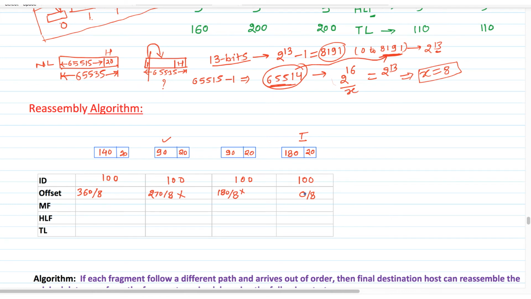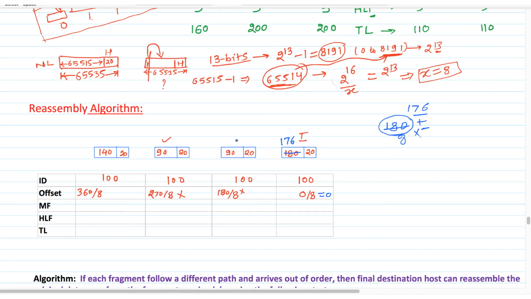So here offset value is 0. 0 divisible by 8 is equal to 0. But as per the concept, we should store data bytes in the multiple of 8 only, so that later we can divide it by 8. So 180 is actually not divisible by 8. So to make it divisible by 8, we have two options. Either we can add some data bytes or we can subtract some data bytes. But as we know that 180 is the maximum limit, so we are going to subtract some data bytes from this 180. So if we make it 176, then this 176 will be divisible by 8.